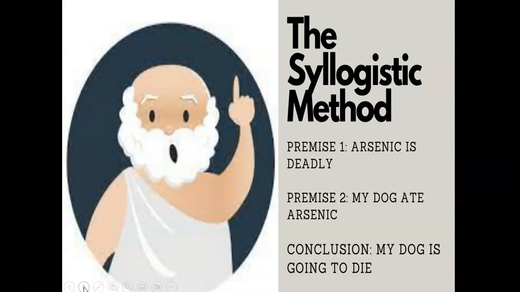And one day he had a eureka moment and he said, I got it. I'm going to call it the syllogistic method. And all it is is when you argue from premise to conclusion. So here's an example. In premise 1, if I say arsenic is deadly, and I follow it with premise 2, my dog ate arsenic, we can conclude my dog is going to die. Aristotle called that cogency, thinking cogently, arguing cogently. So bulletproof, lockstep, mathematical,